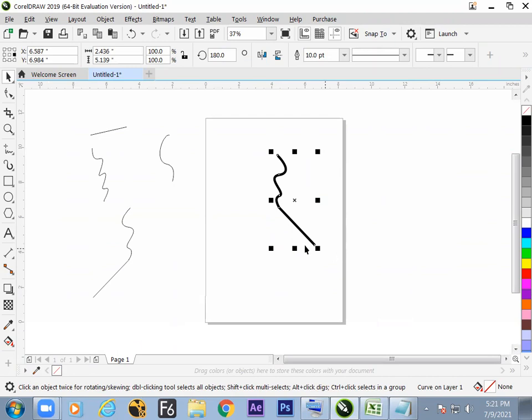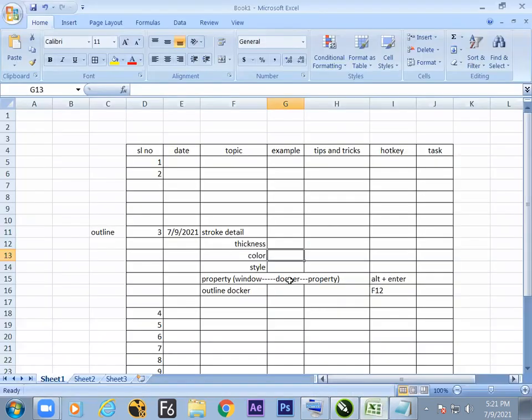Look at the screen. On the right side, you can find a color palette. Here, we need to right click rather than click. Click will not change your outline color. What to do? Give a right click. Note down this, the fastest way to change the color. How to change the color? Tips and tricks.